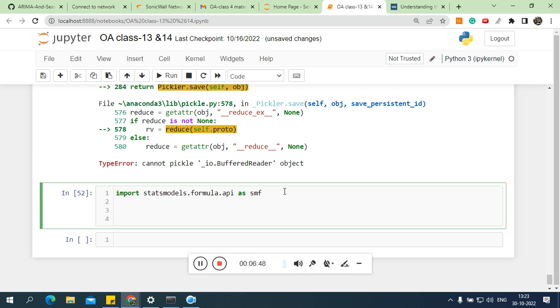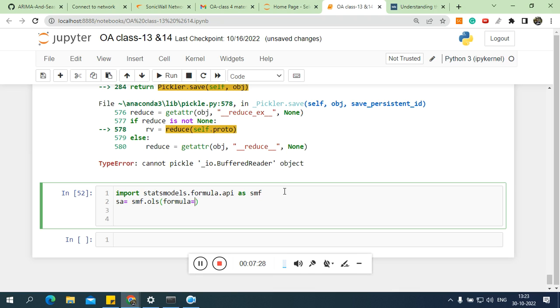I will use SA, meaning stats analysis, is equal to smf.ols, and write formula is equal to